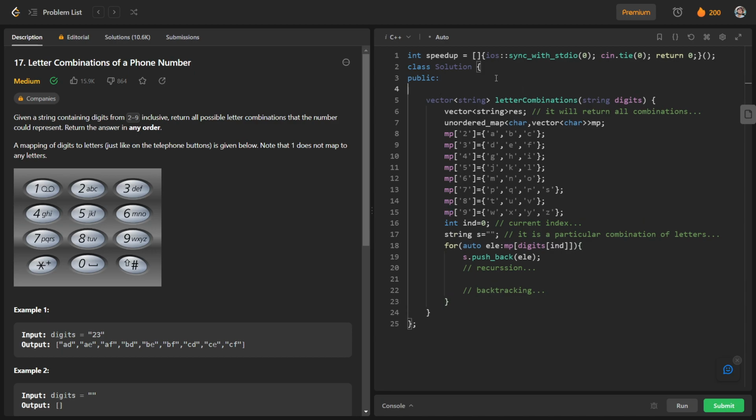Okay, so for recursion, we can use a recursive void function. So void getCombo. getCombo means it will generate all the combinations. So we can have our index and string digits, and we will have this map with us, an unordered map,